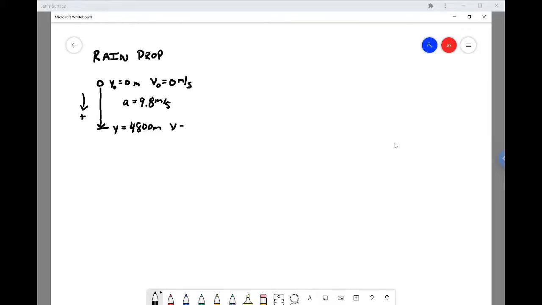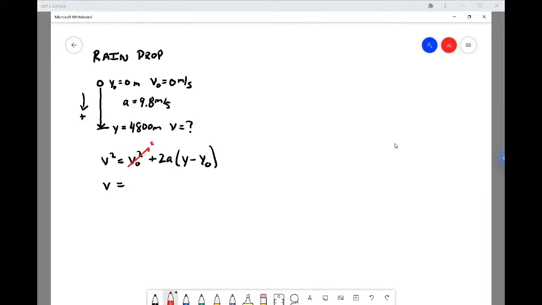And you're asked to find, well, how fast is it traveling when it gets to the ground? So this is a kinematics problem. The most direct route to the solution here is to use this kinematic equation of motion, which has v naught, v, acceleration, and delta y, y minus y naught in it. And so if you solve for v here,